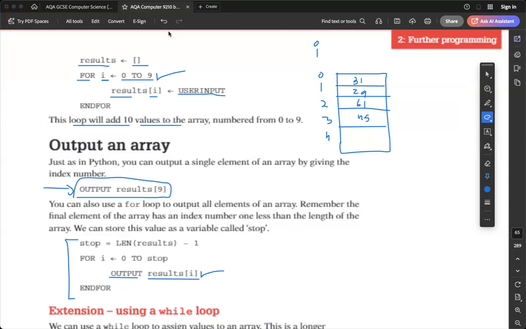Now, I'm going to do some questions with you on Python, because I think in your exam you need to sit on a computer. Did you sit on a computer in P2, or are you doing the handwritten paper? Sir, I only did the theory because you said after we complete this chapter, we would do